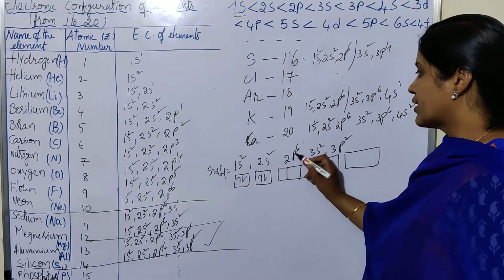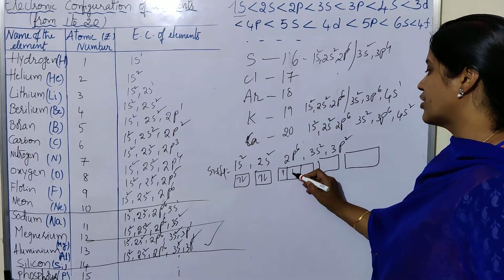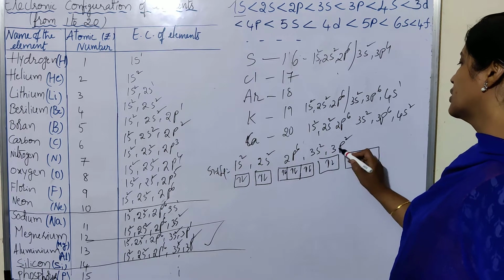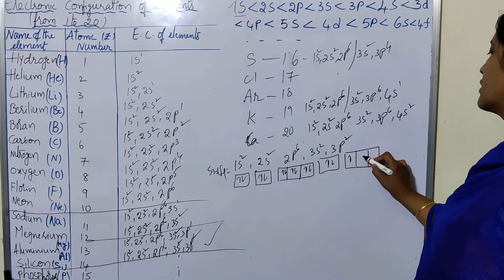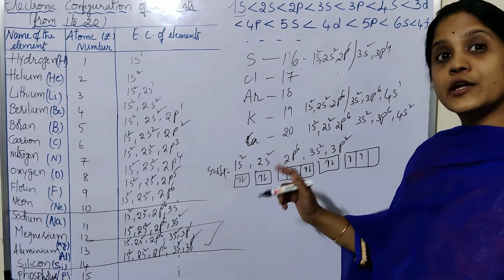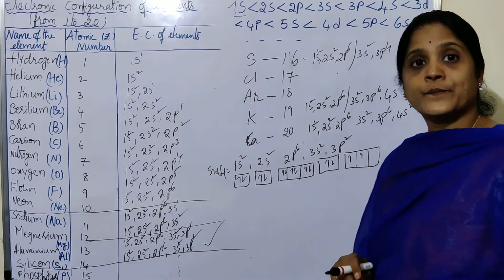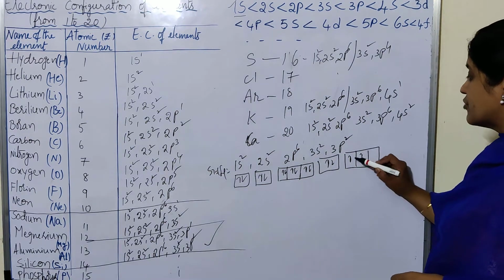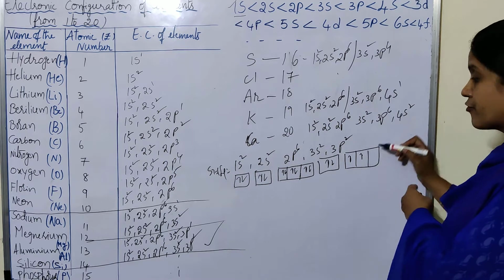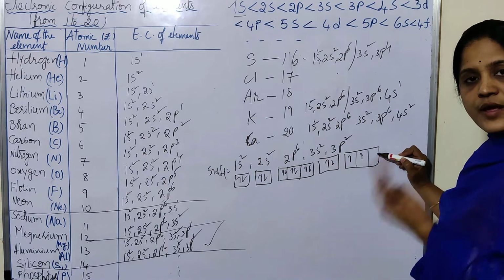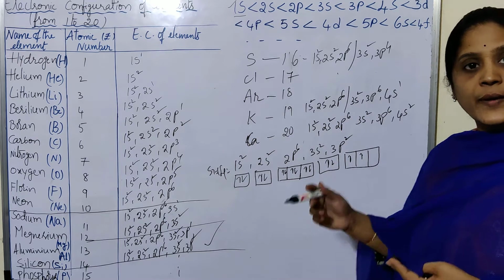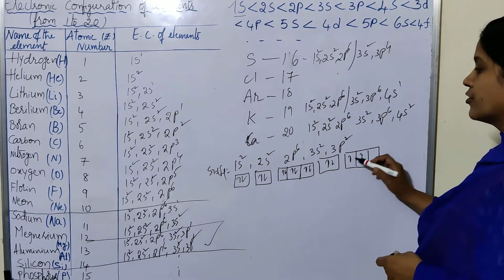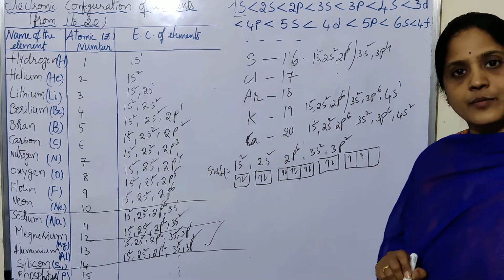So while you are filling those 6 electrons, you fill one electron in each orbital, then the remaining ones: 2s2, 2p1 and 2... According to which rule do you have to fill this? According to Hund's rule, you have to fill the p orbitals with one electron each first, and after filling all 3 orbitals, the remaining electrons you have to pair using different spins. So this is the representation of filling of electrons in atomic orbitals.